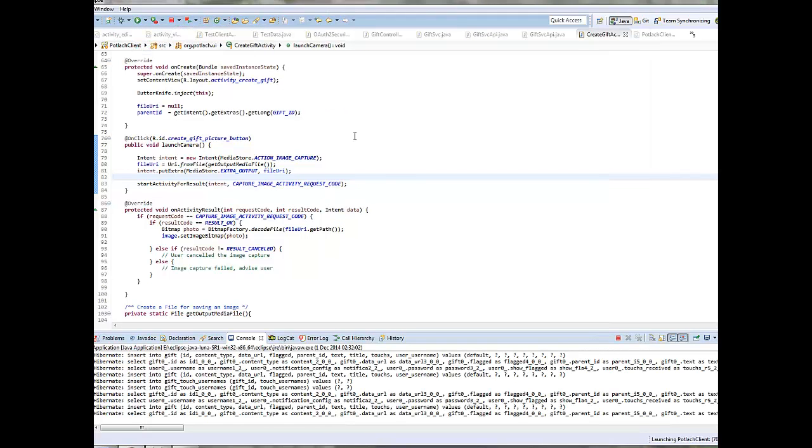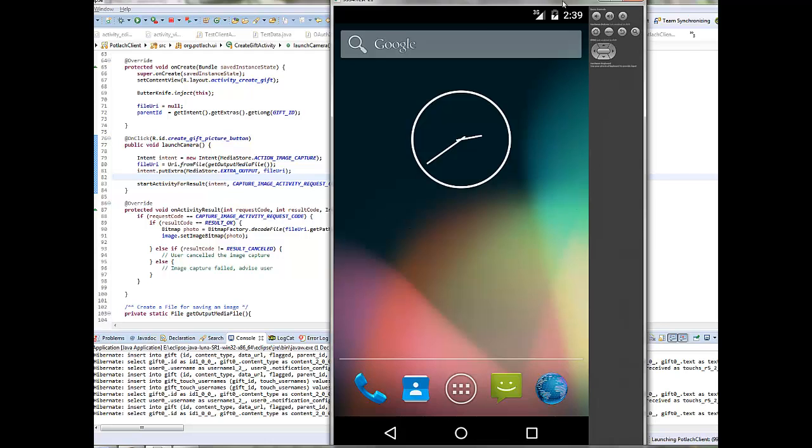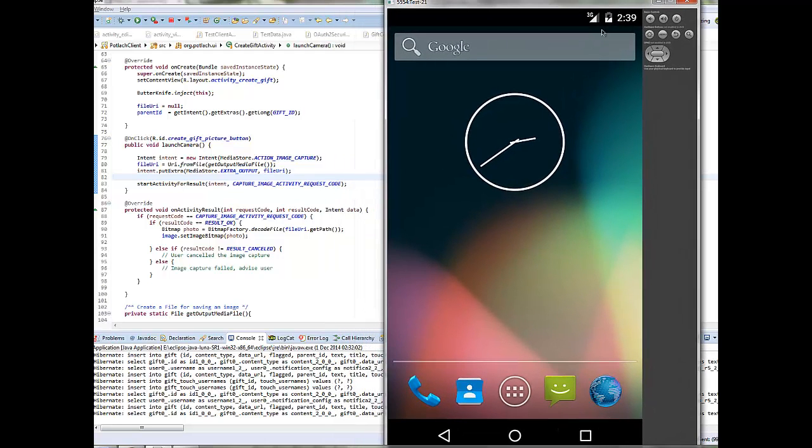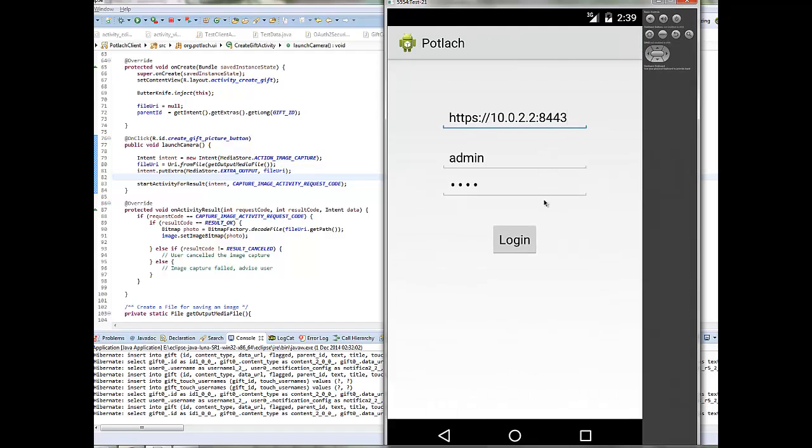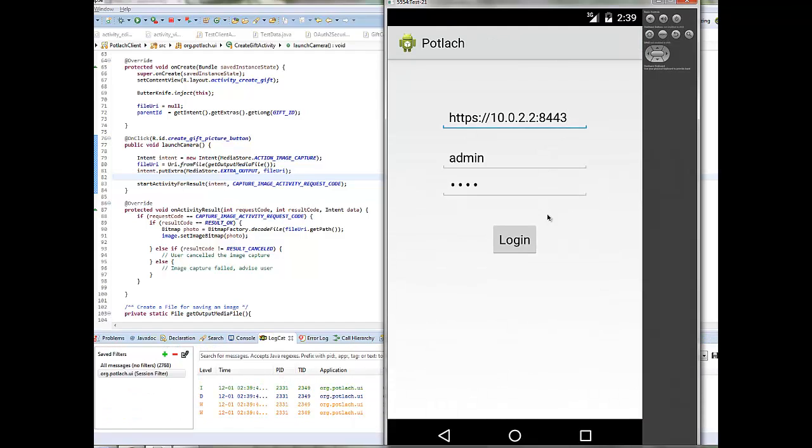Okay, we are going to test the Potlach application with the Android emulator. We are going to wait for the login screen to be launched, and we are going to log in as the admin user. We should write the name, and the password is already there. We log in,